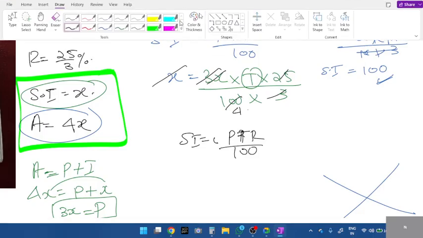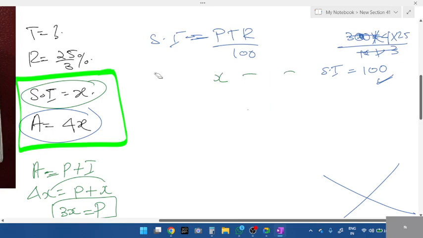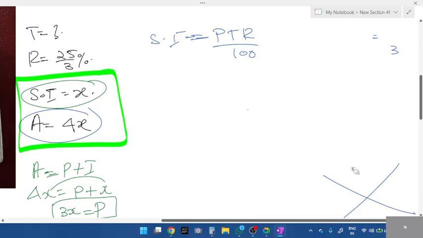Oh, here we have gone wrong, students. This part, see, I'll tell you. Here we have gone wrong. Principal is 3x is fine. Simple interest becomes